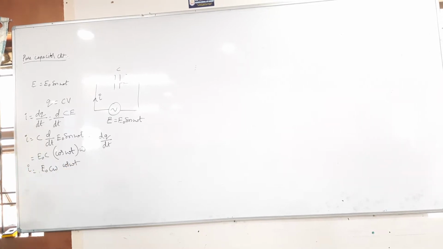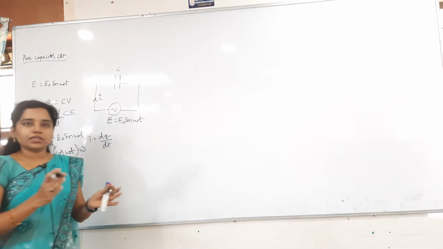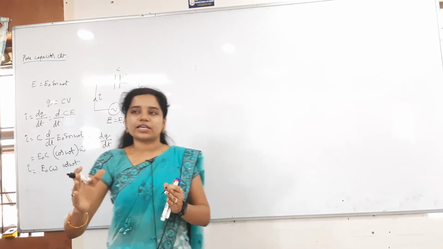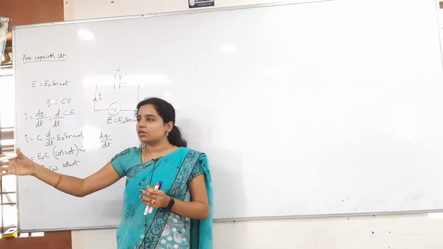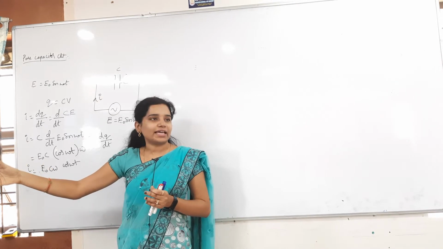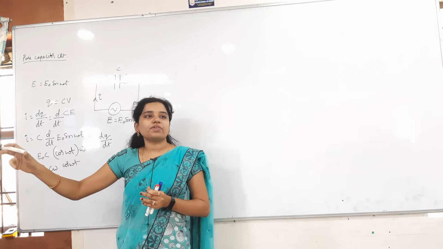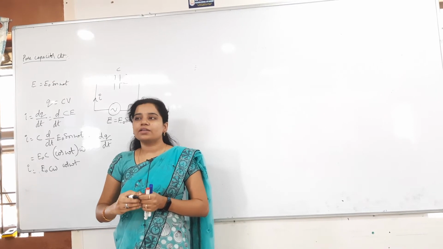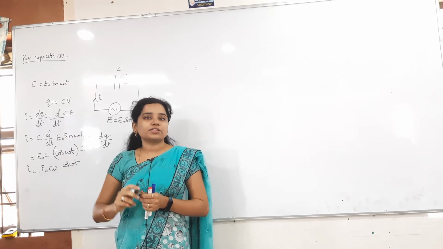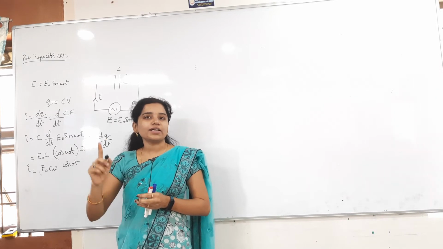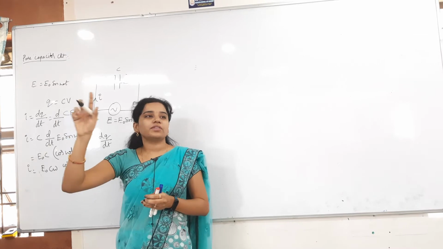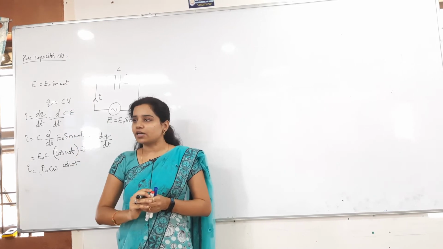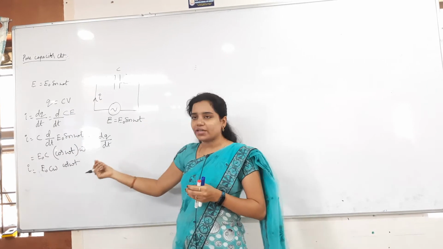This is the I. Do you remember, yesterday I gave one problem: I is equal to I naught sin omega t, and E is equal to so and so value, I think E naught cos omega t plus pi by 3. I asked to find the phase difference between them. For that I said one condition: to find the phase difference, both should be in the same function. Clear? So here also I have to find the phase difference only.